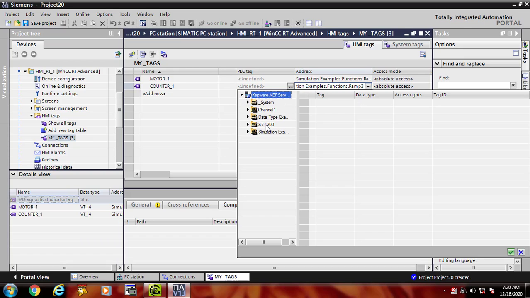Instead of KP server, you need to take your data from your specific PLCs. I have created a folder S7-1200 for my real PLC, but now I am taking my data from simulation functions to display on my SCADA screen.